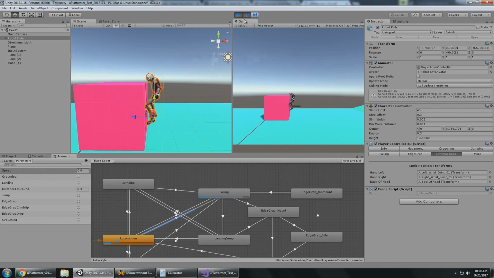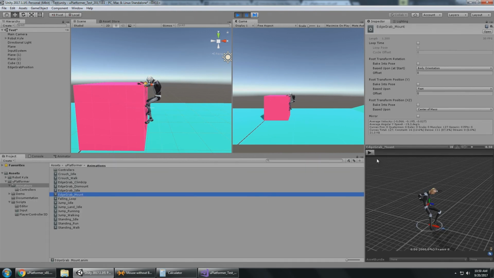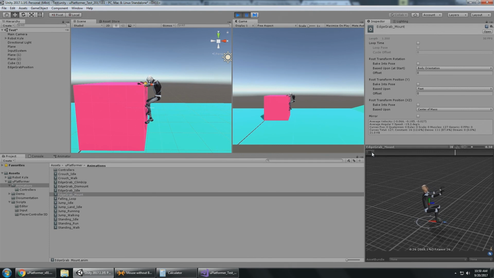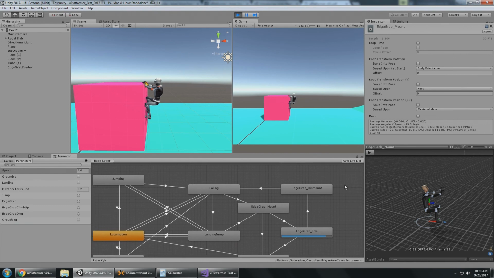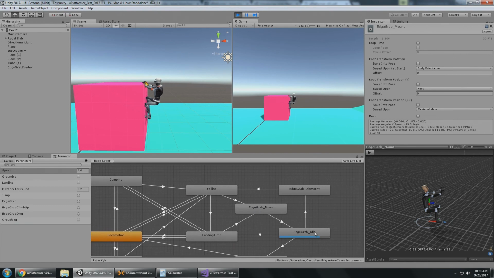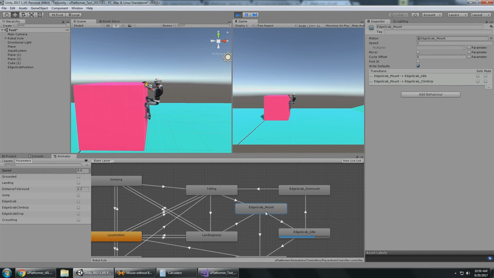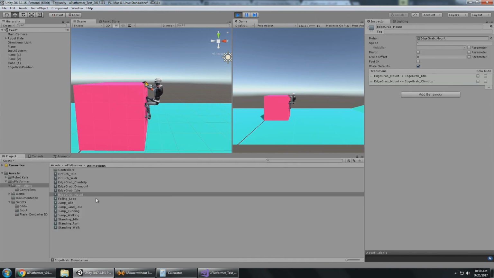There it goes. Okay, so here it's gone from falling, and now it's playing the edge grab mount animation, which of course looks like this. So back to the animator, we're going to see him transition completely into the edge grab mount, and when the edge grab mount gets done playing, it's going to transition into the edge grab idle. So edge grab idle, of course, is just sitting there hanging onto the edge,